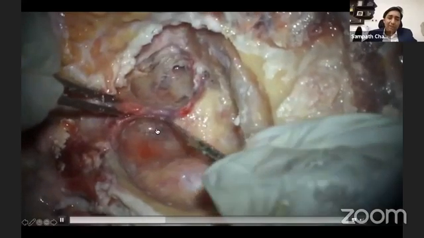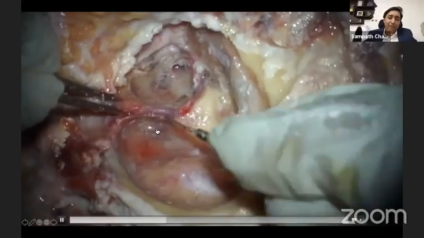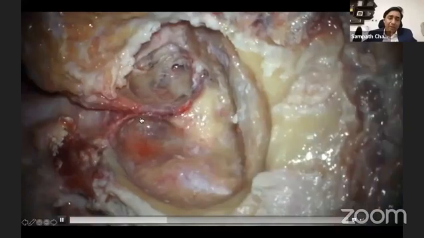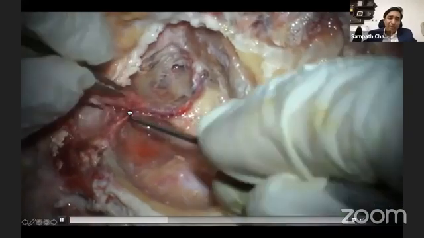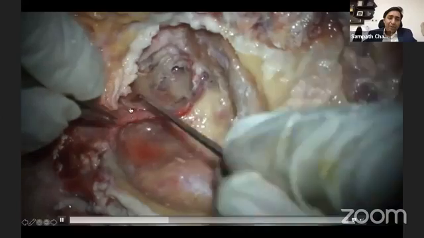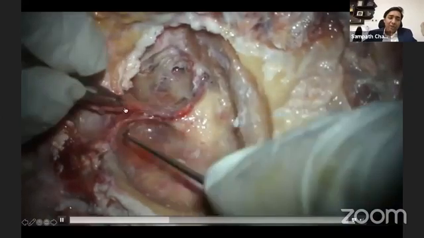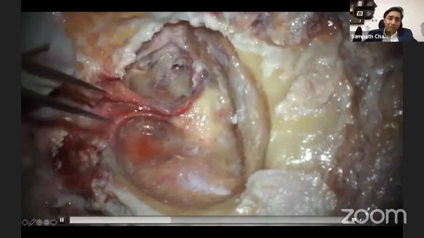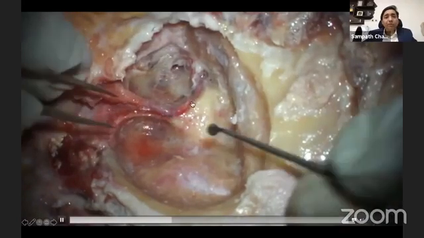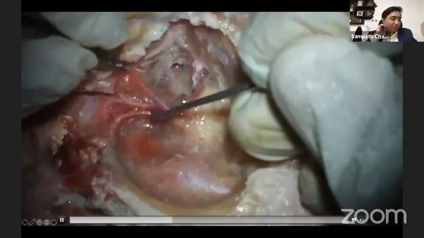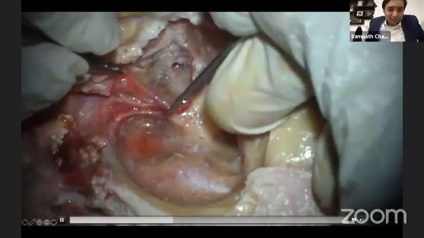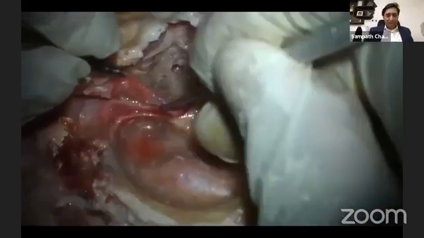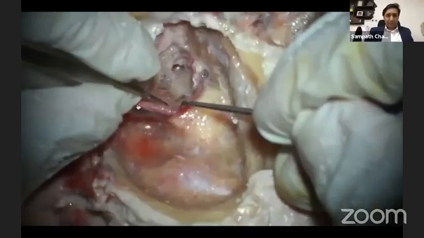So when you're doing this in a surgical field, in live surgery, you'll encounter bleeding. The stylomastoid artery goes along with the facial nerve, and then it gives branches. The artery to the stapedius is also given off in this area, so it generally bleeds a little in this part.